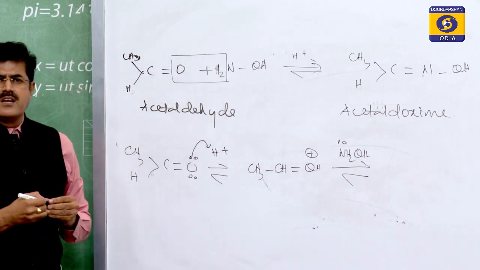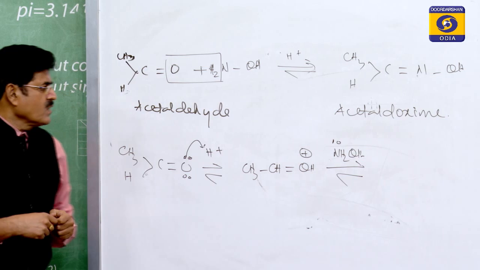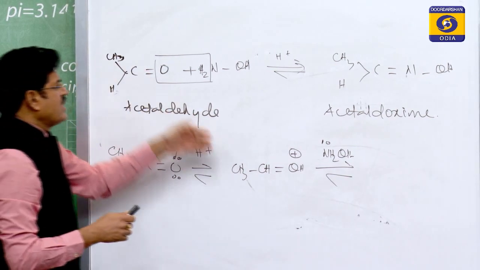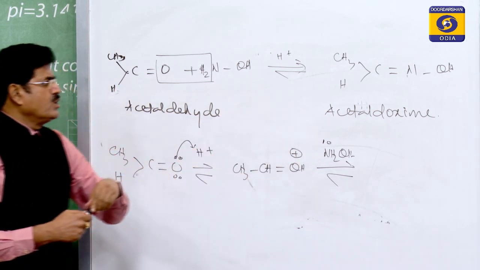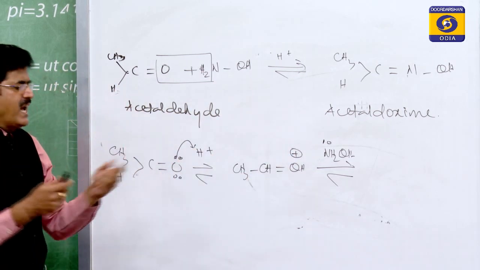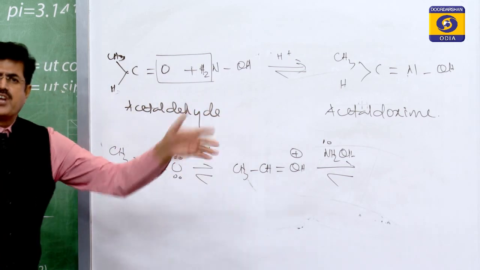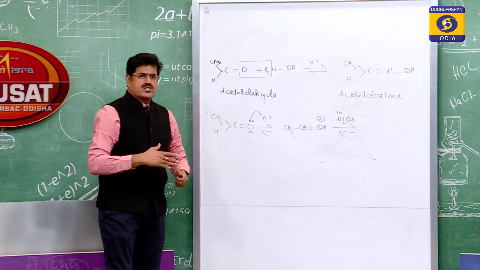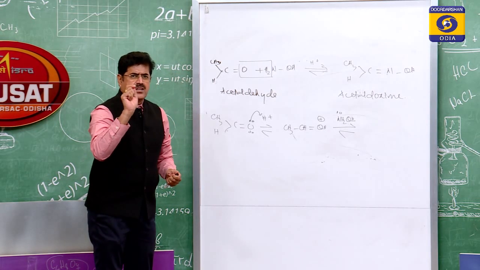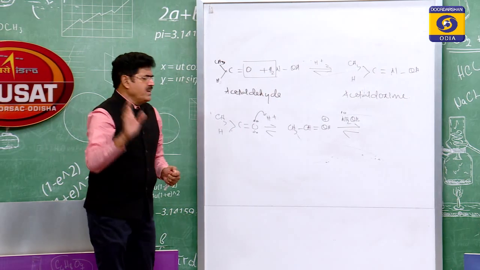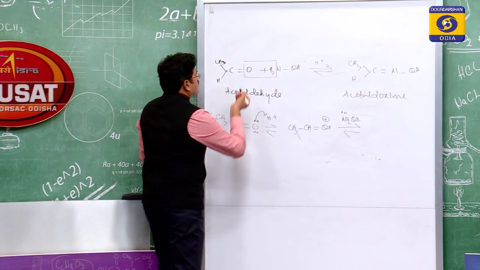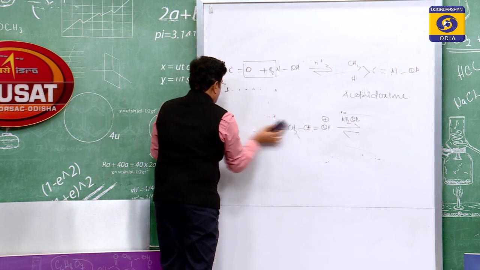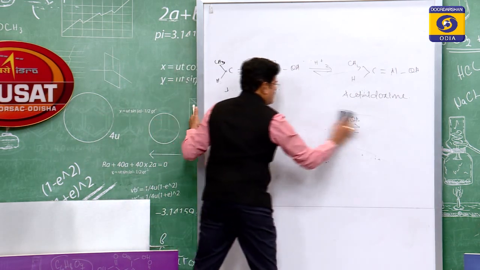That is why we are using acidic condition, also to remove the water from the carbinolamine. So in weakly acidic medium, the reaction takes place. Acetaldehyde reacts with hydroxylamine to give acetaldoxime. Similarly, acetone reacts with hydroxylamine to give acetone oxime. Okay, so this is the second addition reaction under the class of addition elimination reactions. Next addition reaction, let's take the same example here, acetaldehyde.